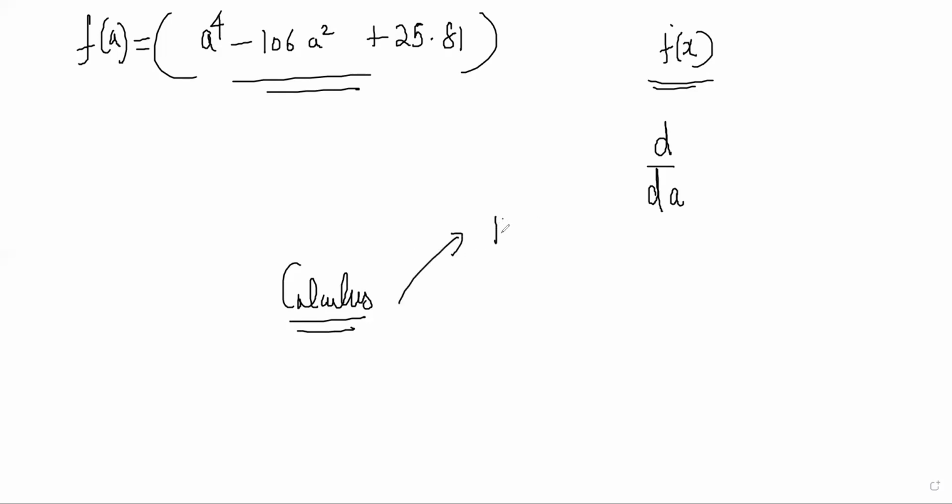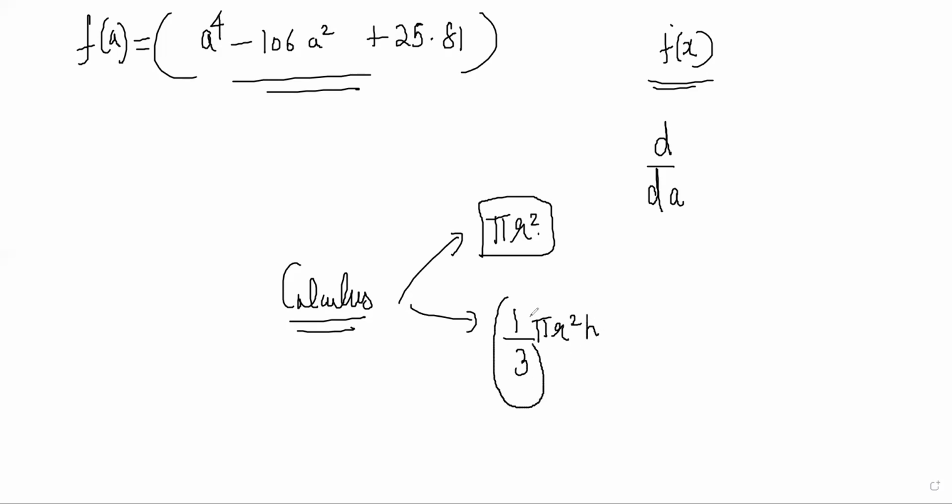Like, the area of a circle is pi r square, right? But have you ever proved it? No. Nobody has told you how to get it. Or the volume of a cone is 1 by 3 pi r square h. Don't know how that came about either. Why is it 1 by 3, not 1 by 7? It could have been anything. How does it come as 1 by 3? So calculus has enormous application. All such results can be proven by calculus.